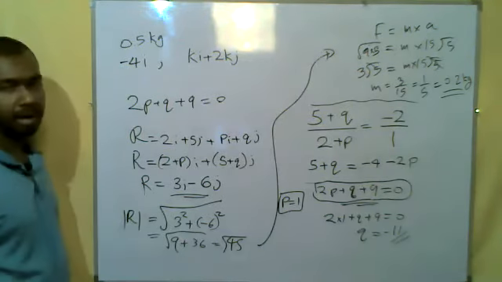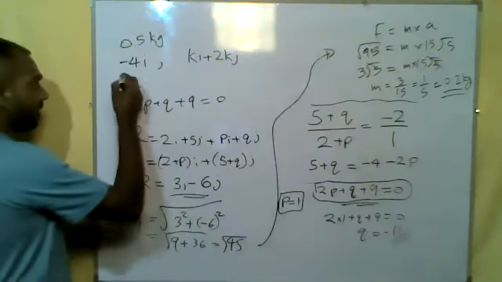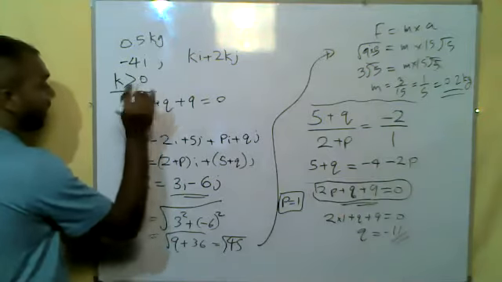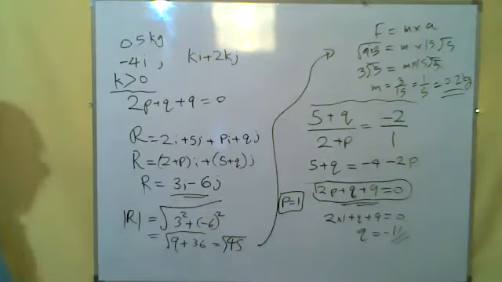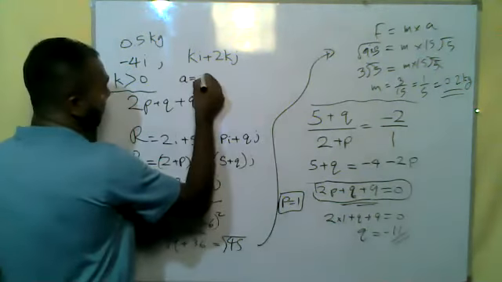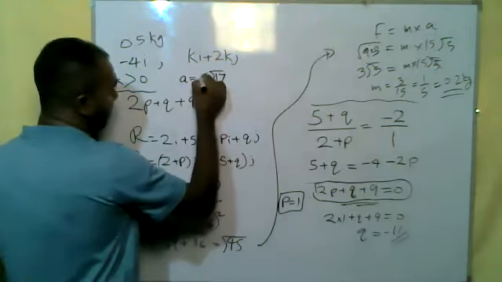So you have to pay attention to all these tiny details. They are saying k is a positive constant. That means k is greater than 0 as well. Given that the particle is accelerating at a rate of this much, find the value of k. Acceleration is 8 times square root of 17.